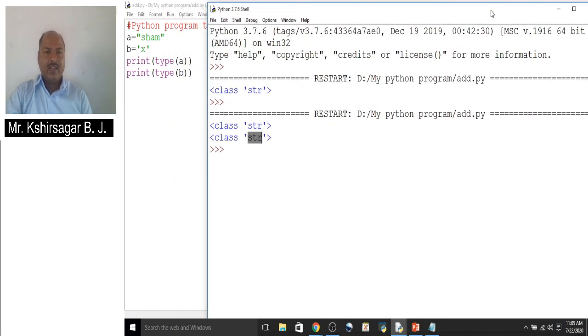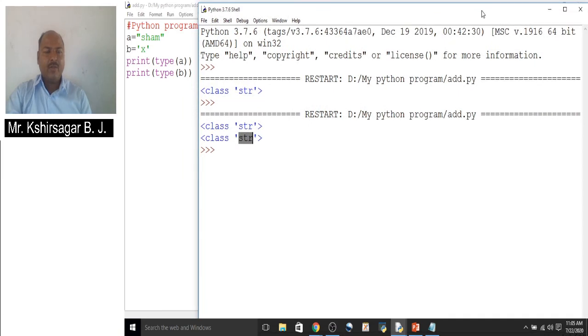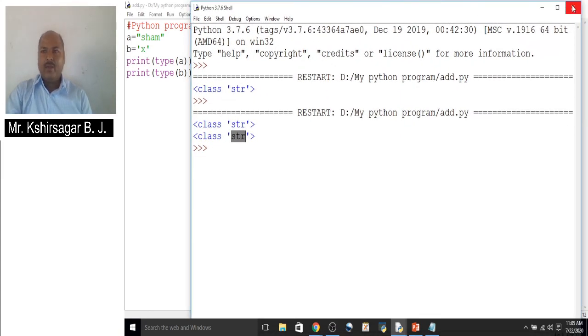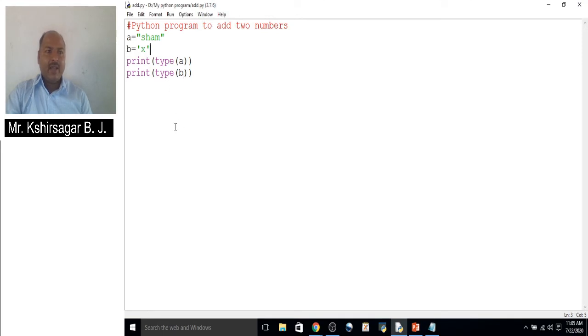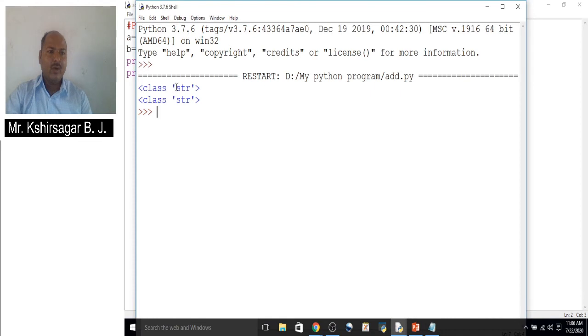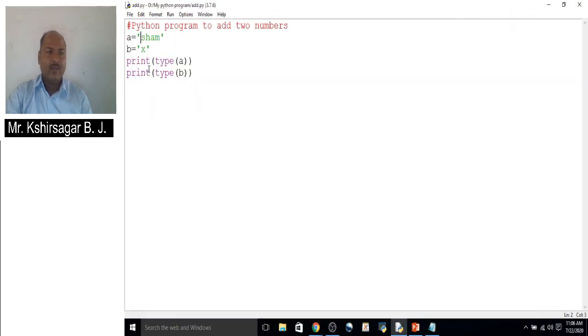So if you write a single character or multiple characters, it will be considered as a string. It will be written either by using a single quote or double quote. You can write a string in Python with a single quote or double quote. So str is the data type in Python for a string value.